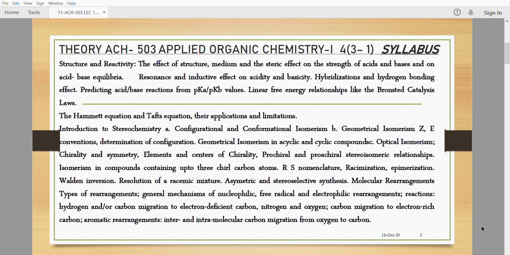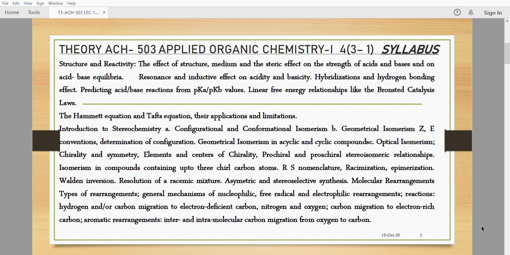These are some compounds which are themselves not chiral, but they have a tendency to form chiral compounds when they are attacked by an incoming group. Like a carbonyl compound, it is sp2 hybridized. This is not chiral, but when any nucleophile attacks the electrophilic center of the carbonyl carbon,